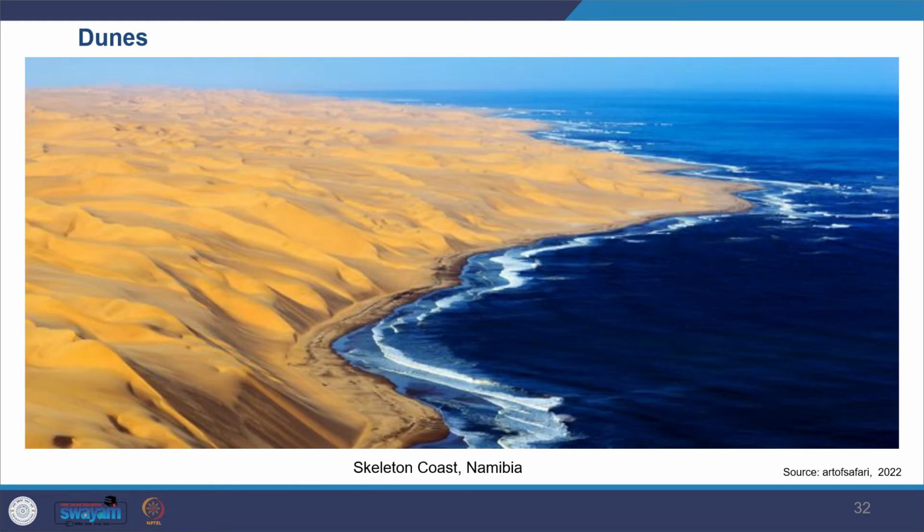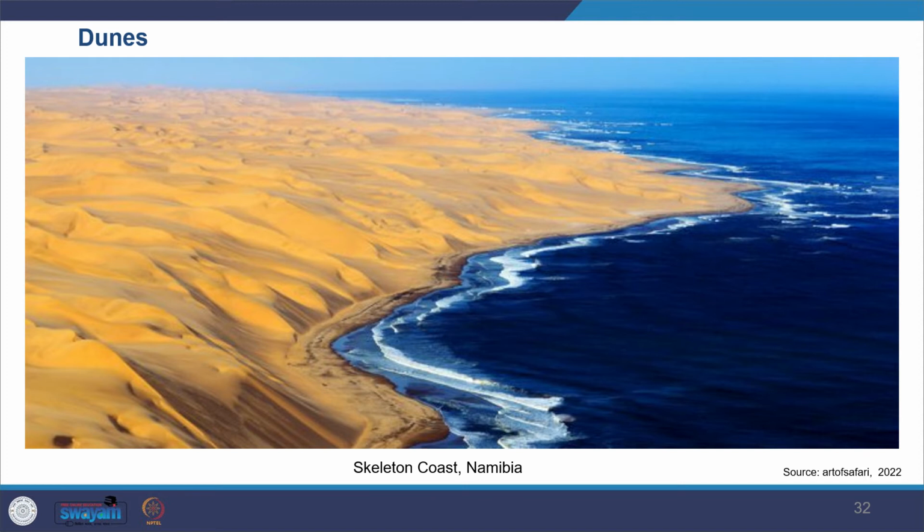Then another term you can look at is dunes. They form where a supply of dry sand and wind to move it exist together. So you have dry sand and then the wind, they come together. Dune systems are usually fronted by sand beaches and sand bars exposed at low tide. So that's the dunes, and their development and maintenance depends to a large extent on the vegetation, which allows stabilization of the sand. So they are also important.